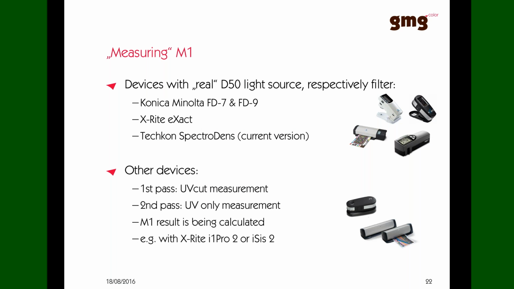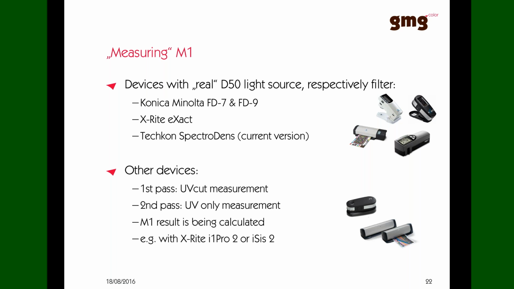So they have a real D50 light source, which means those measuring devices have multiple LEDs inside, and by driving those LEDs in a certain way, you have in one measurement the UV light content that you need and also the D50 curve that you need for measuring the color. So using these devices, you just have to go over your strip or over your patch once, and in this one measurement, it gets all the information,